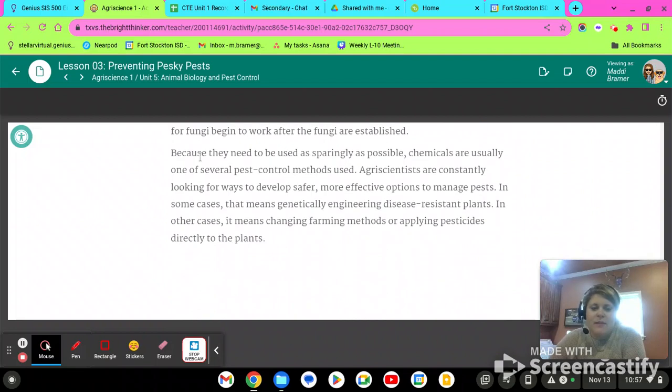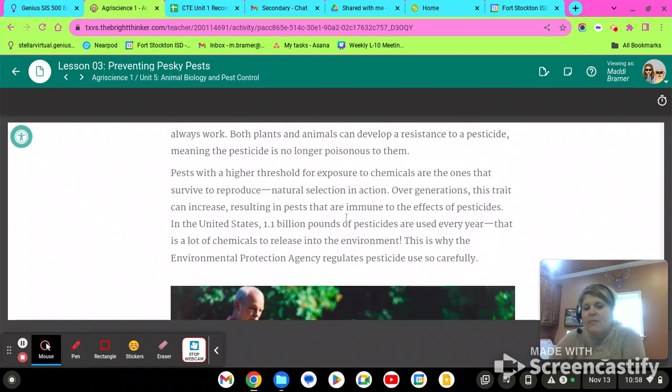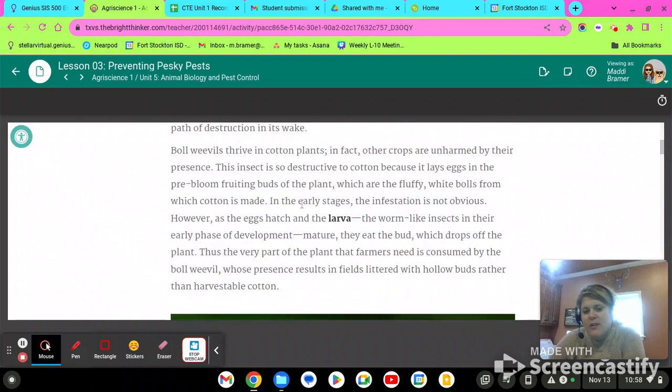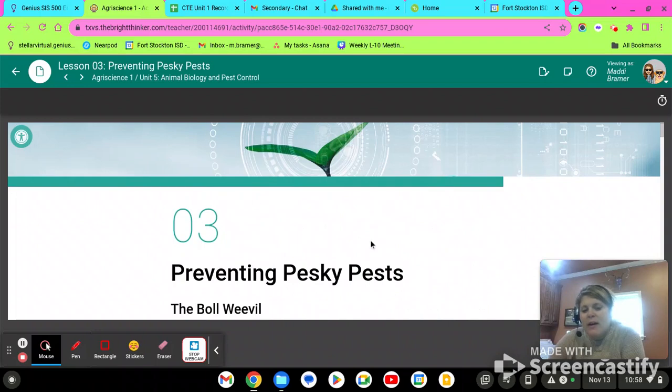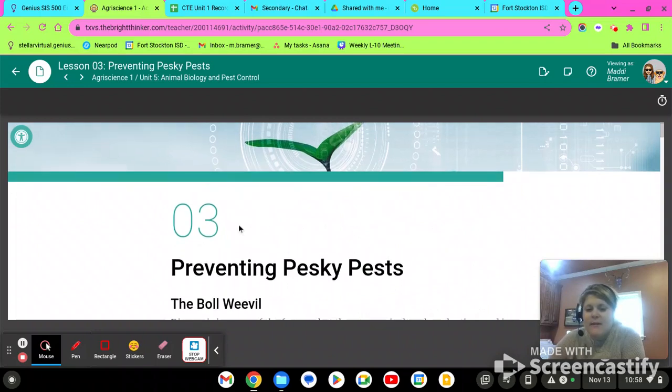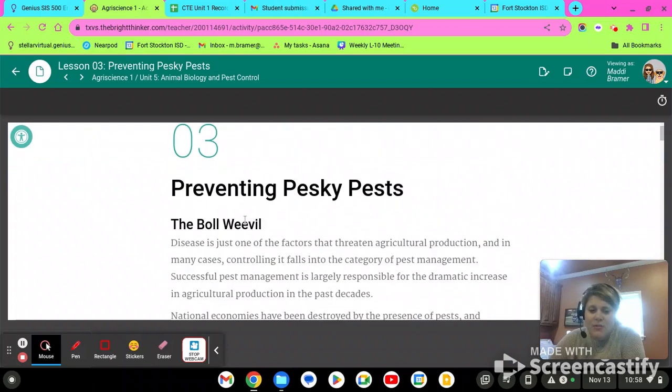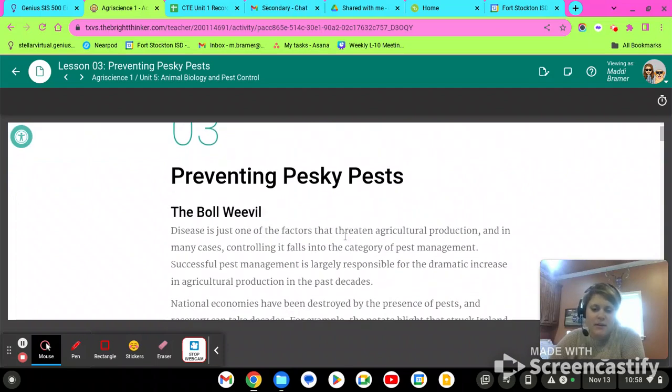So pesticides need to be used as sparingly as possible. Chemicals are usually one of several pest control methods. Agriscientists are constantly looking for ways to develop safer ones. We've got the biological methods, we've got changing your environment. Either way, the summary of this lesson is pests are detrimental to agriculture, but there are ways